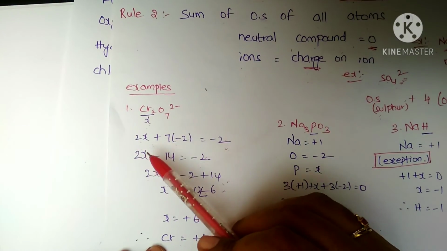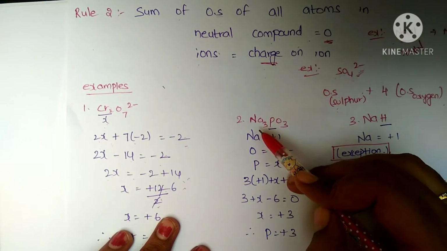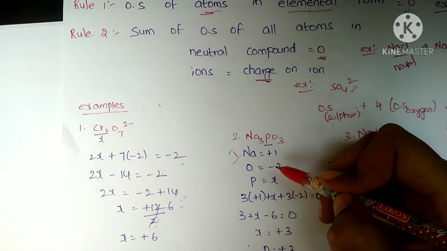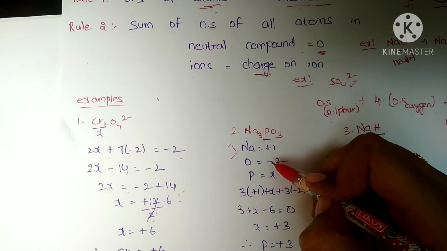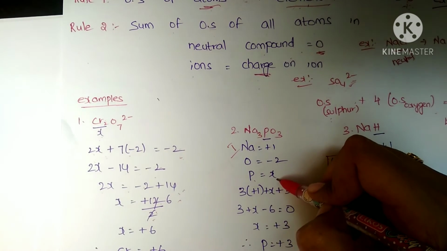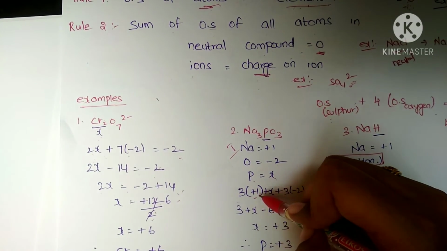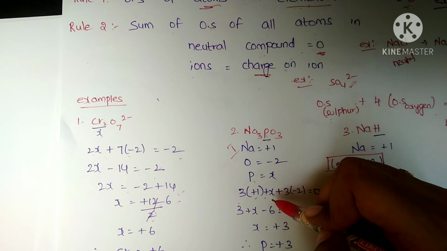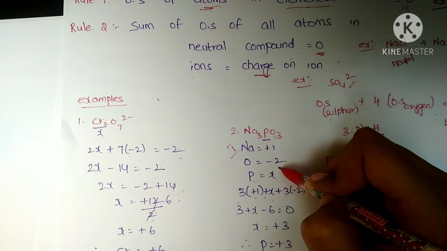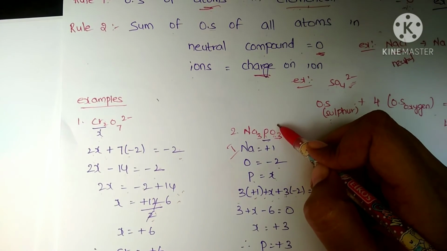So this is an example for an ionic compound. If you consider a neutral compound, let it be Na3PO4. Sodium, we already know, comes under the first group elements, so its oxidation state is always +1, and oxygen in general -2. Here we want to find the oxidation state of phosphorus, so P equals X. So Na3, 3 into +1, plus P we want to find, let it be X, plus 3 into the oxygen charge, which is -2. It should equal 0. Why? Because it is a neutral compound, that means no plus or minus here.